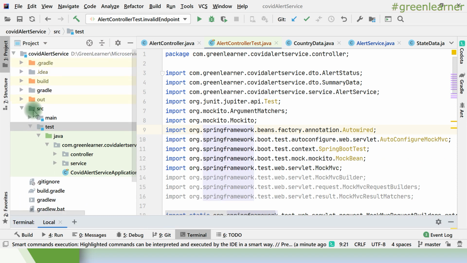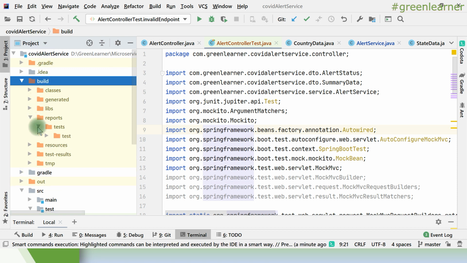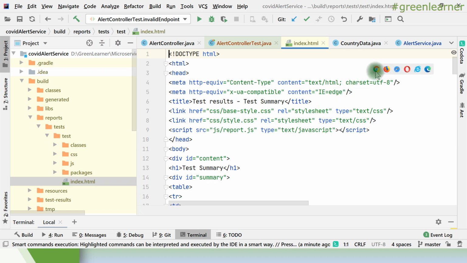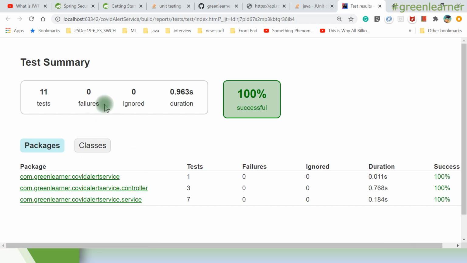Let me show you the report here. Here is the build. Let me refresh this so that I get the complete data. Refresh data, test, reports, index.html. Let me take you here. So 11 tests, 100% passing. All the details you can see here.